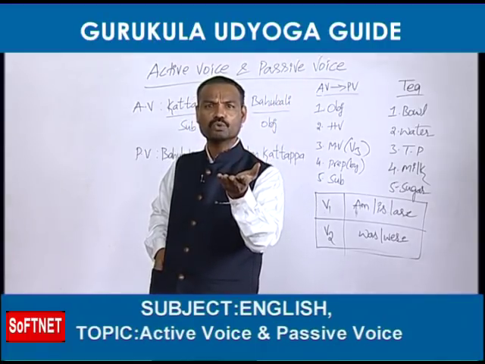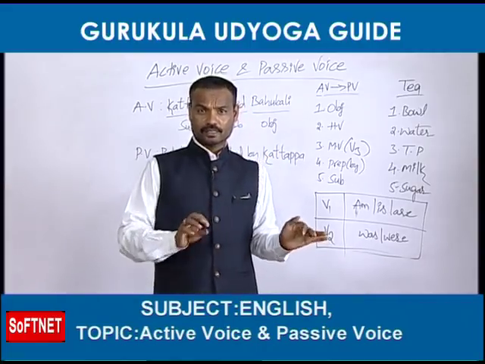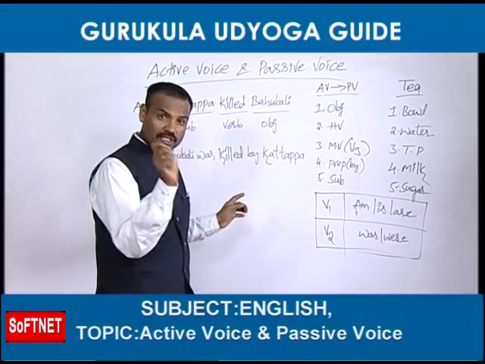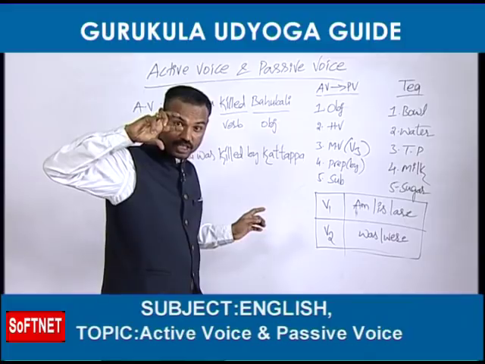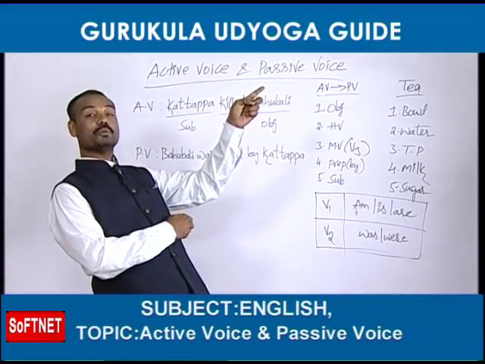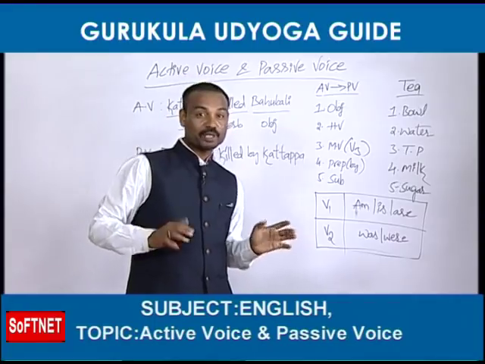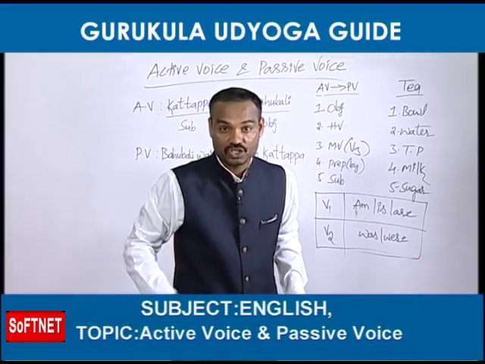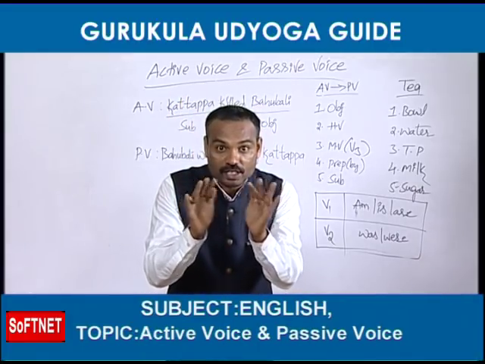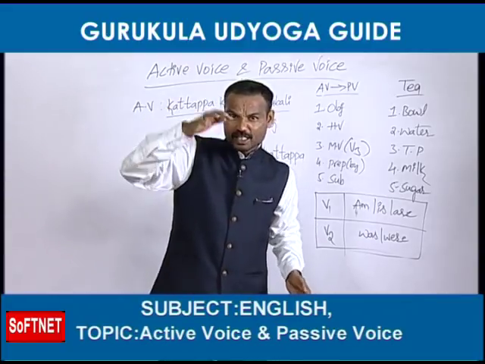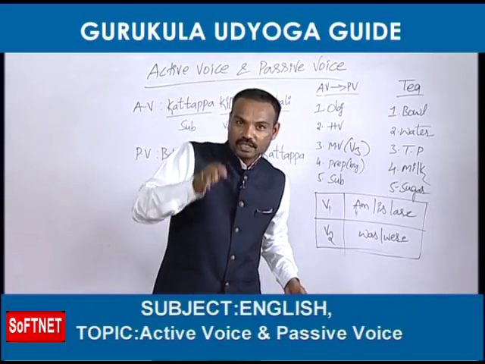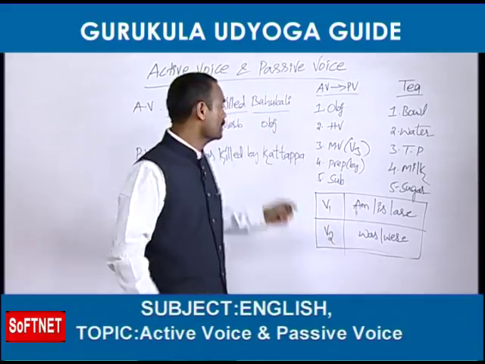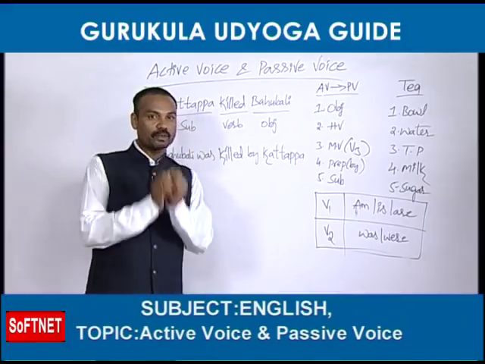Yes, I have already told you how to find out an active voice. The sentence which starts with the subject is called active voice. I have told you very clearly. Which is called active voice? The sentence which starts with the subject. See, Kattappa killed Bahubali, right? Is it active voice or not? Because this sentence has started with subject. Kattappa is the subject here. Subject means what? Doer of the action, a person who does the work. Here, Kattappa did some work. Killing is a work. That's why Kattappa is called subject. This sentence has started with subject, that's why it is called active voice. Now let's see how to change this active into passive voice. Fine.